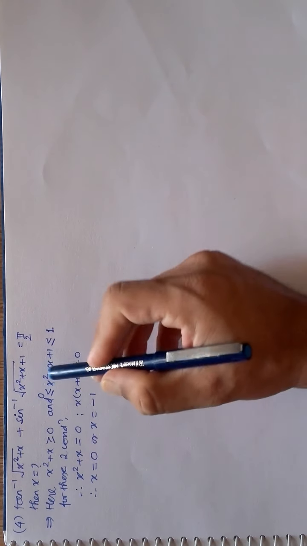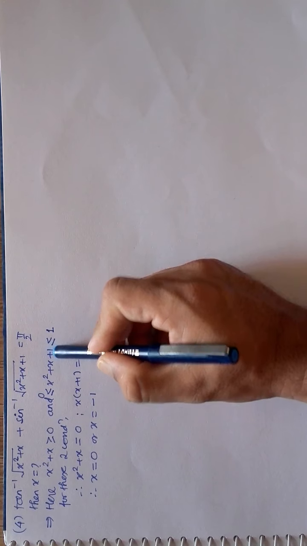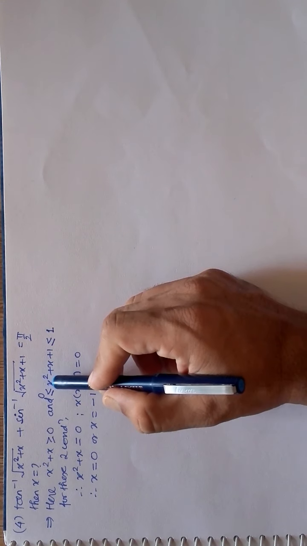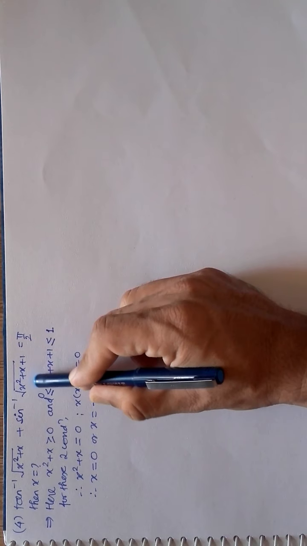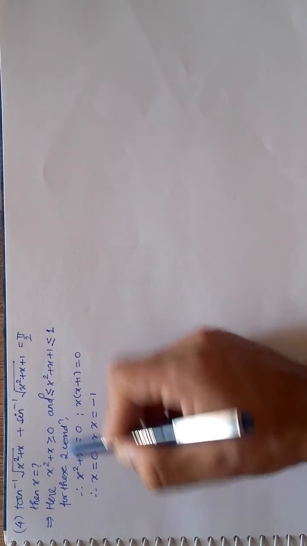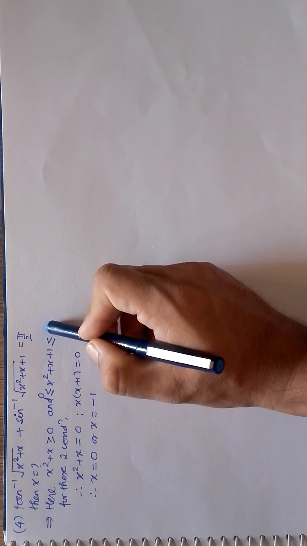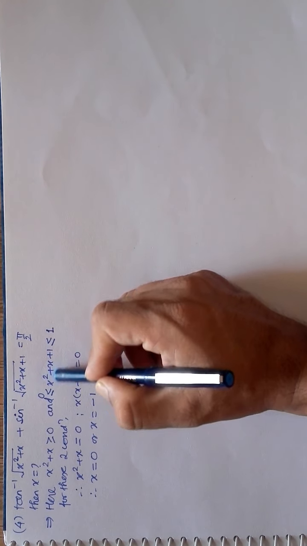And even sine inverse is in the so-called under-root form. So here also, to be valid, it must be either 0 or positive. But the value of sine is not more than 1, so we restrict it up to 1. Looking at both the conditions, if you take a non-zero number over here, then this value crosses 1. Agreed? So obviously this compulsorily has to be 0. That is why I took x square plus x equal to 0, because it should be maximum 1. So if 1 stays over here, this must become 0. So x square plus x, and hence the result.